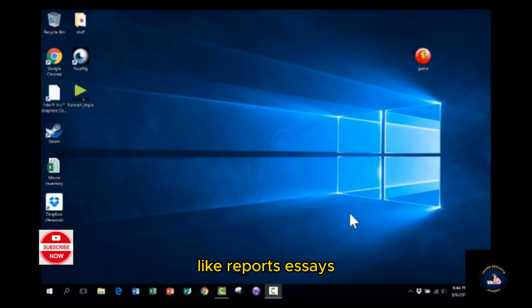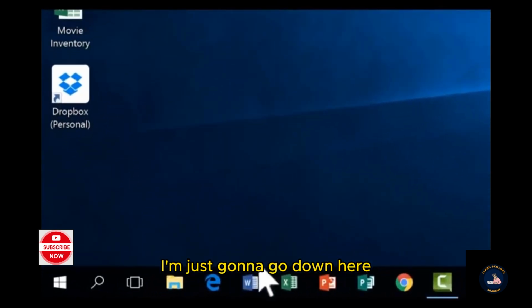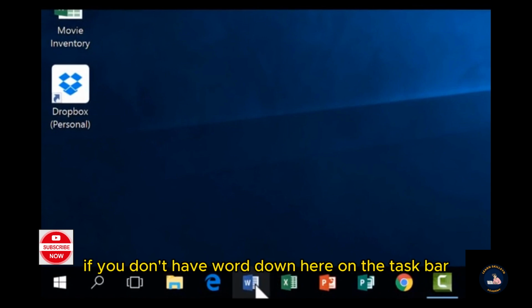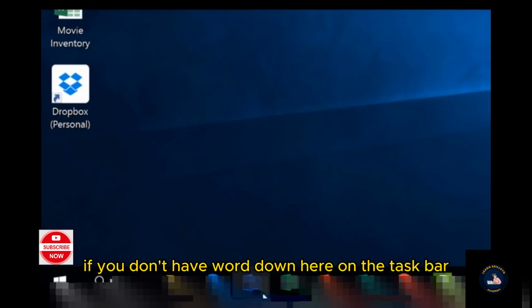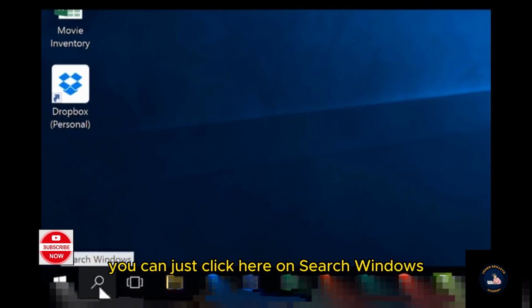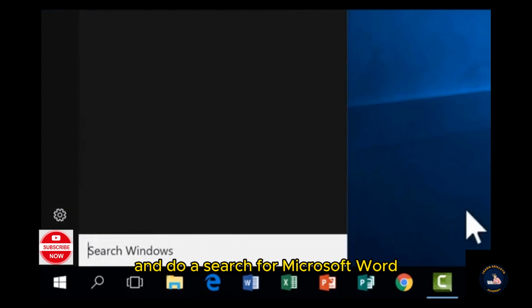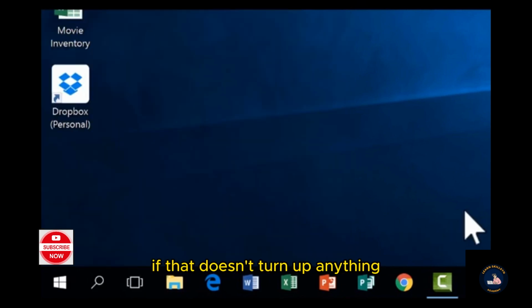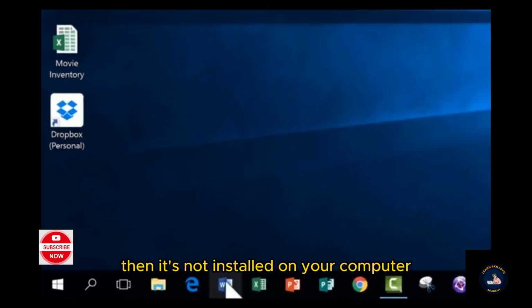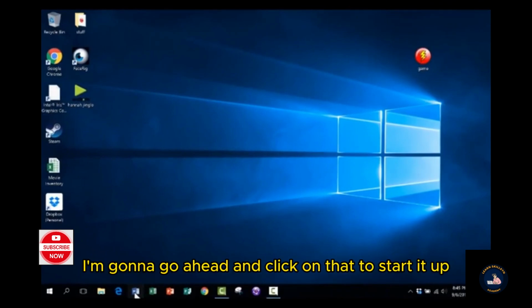If you don't have Word down here on the taskbar, you can just click here on Search Windows and do a search for Microsoft Word to see if it's on your computer. If that doesn't turn up anything, then it's not installed on your computer. But like I said, I'm going to go ahead and click on that to start it up, and Microsoft Word opens right up, and it gives me right away a bunch of templates that I can choose from to help me get started